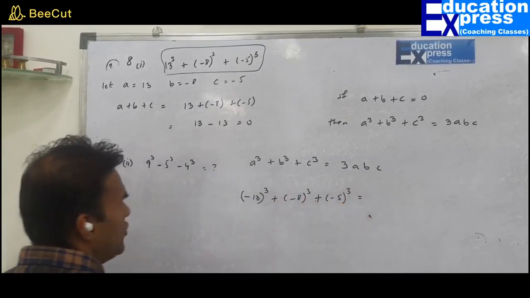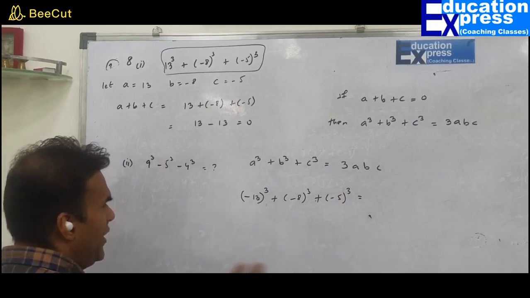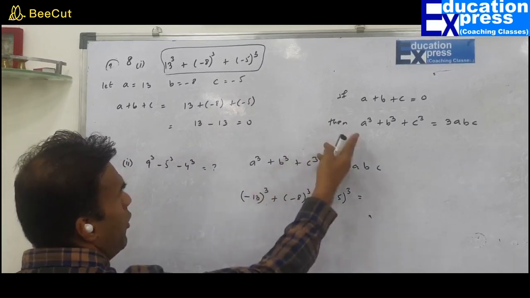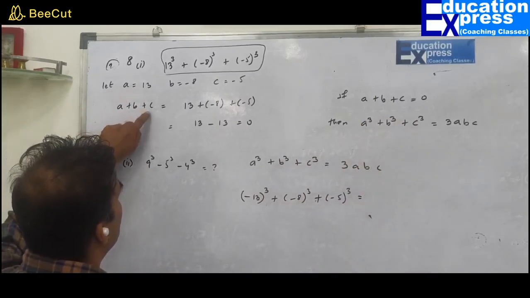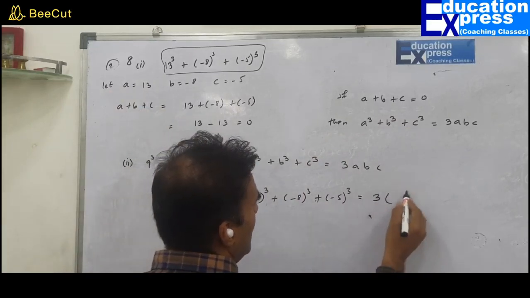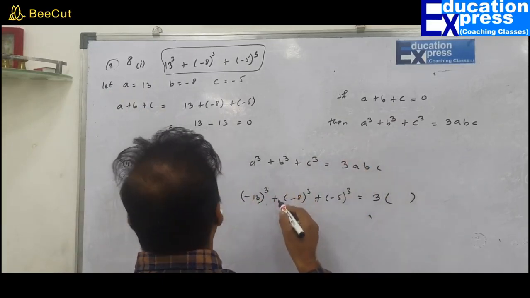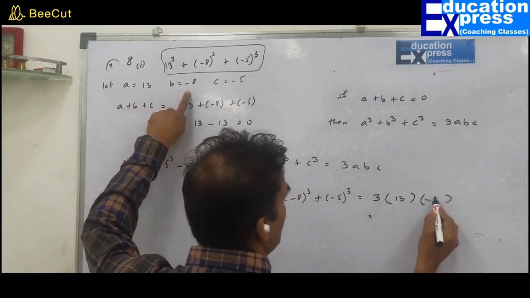You don't have to actually find 13 into 13 into 13 or 8 into 8 into 8. Don't do that. We have a property: a plus b plus c equals 0. I proved that a plus b plus c is indeed equal to 0. So this is nothing but 3 multiplied by abc. What is the value of a? We have assigned a as 13, b as minus 8,